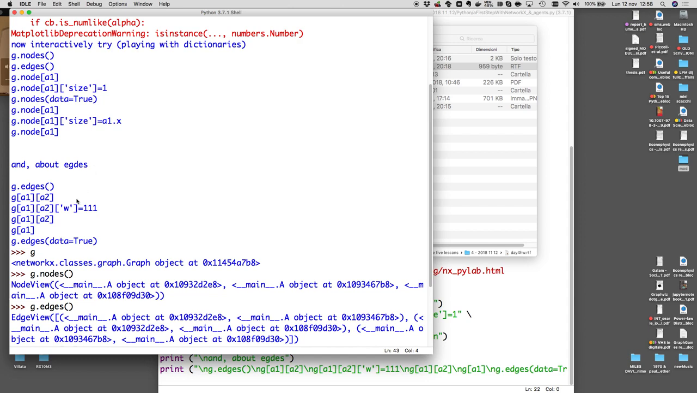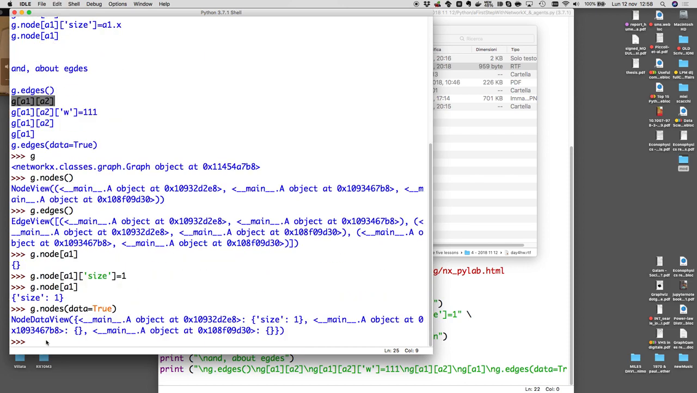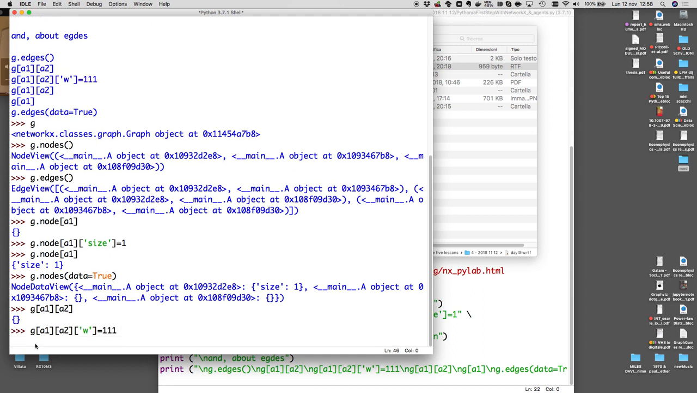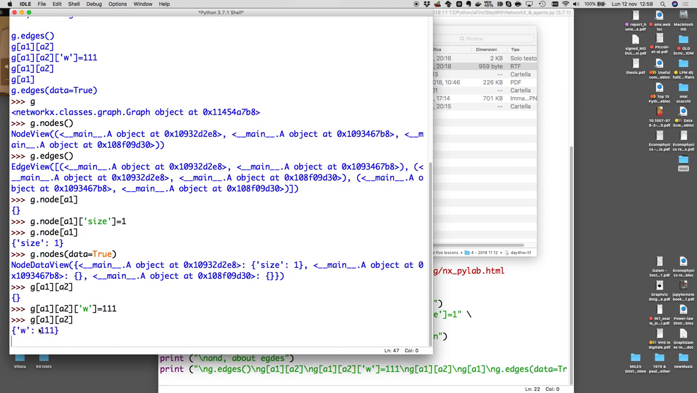The same about edges. Let's see. This is an edge. And it has, now you know, an empty dictionary. Empty. But I can add a weight. And now, if I repeat the previous question, the reply is the weight. And so on. A wonderful, astonishing,